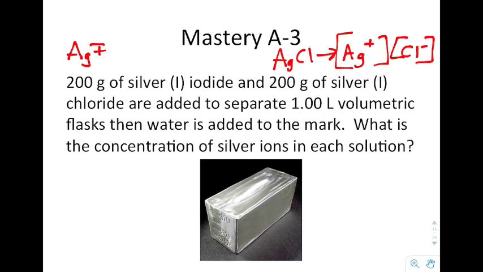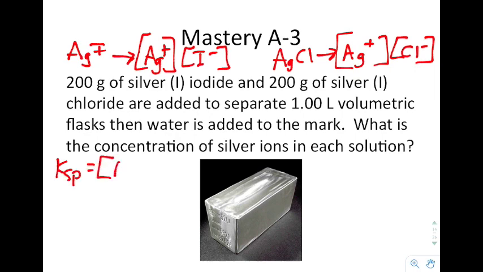Okay, are added to separate 1 liter volumetric flasks, and then water is added to the mark. What is the concentration of silver ions in each solution? So these are separate calculations. We're just using them for comparison's sake. So we say Ag plus and I minus. Okay, so now what I need to do is I write a KSP expression. And so when you write your KSP expression, you would say KSP is equal to Ag, I, and KSP is equal to Ag,